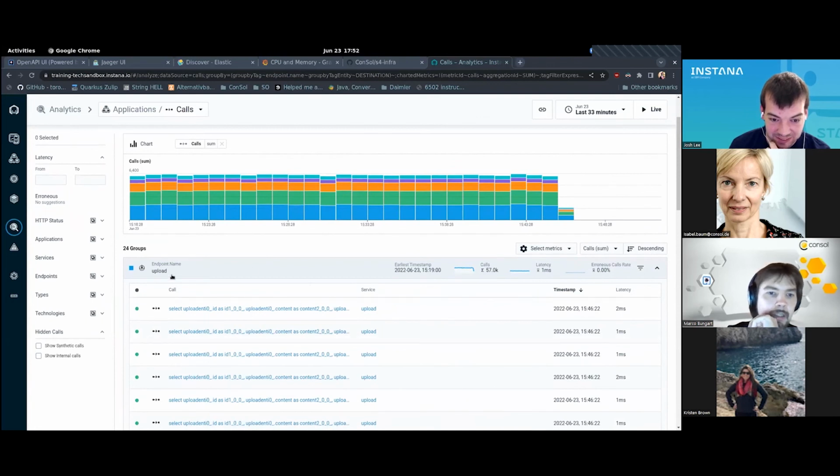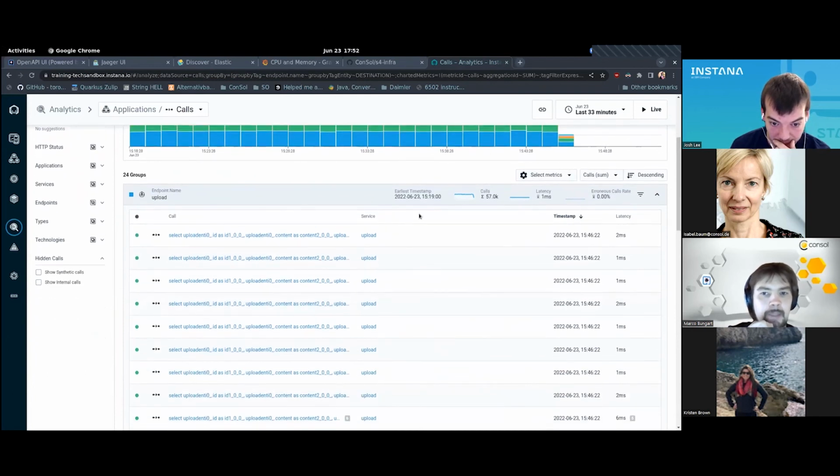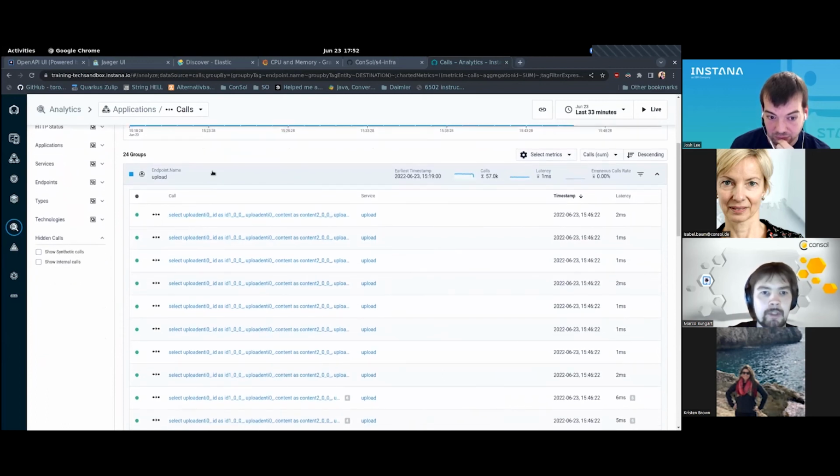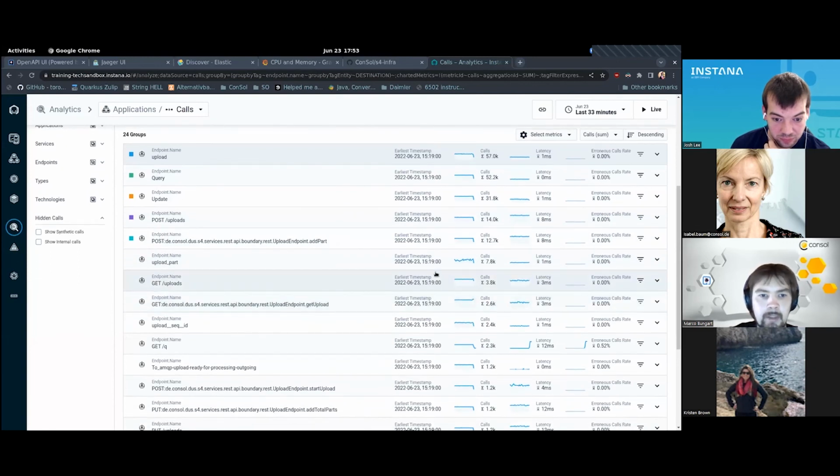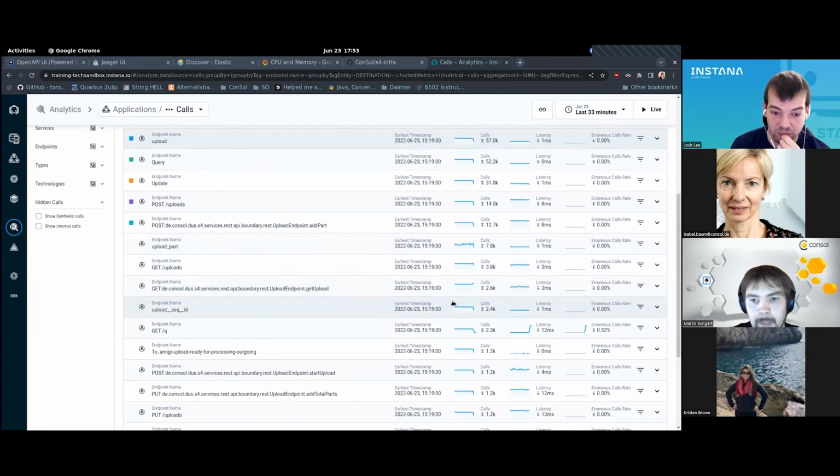So we see here we have an endpoint called upload. That's normally the database endpoint, and we see a sharp drop off on the upload endpoint. And we also see post upload drop down. We see a drop down everywhere except for some automated endpoints, so endpoints called by the infrastructure.